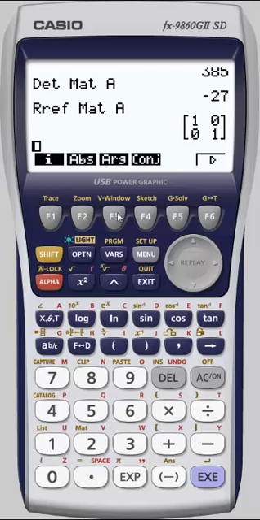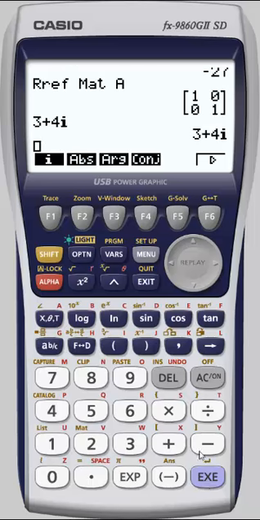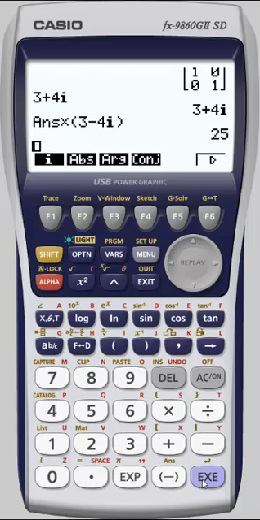Let's take a quick look at the complex menu. 3 plus, let's say 4i. We'll notice there's an i here, or you can use i right above the number 0. I can multiply that. It'll pull up the previous answer by, let's say, 3 minus 4i. And so we have it. You can grab the argument from a complex value. You can compute the conjugate. If we go to more options, we've got the real part or the imaginary part. It will just peel off the 3 or the 4.